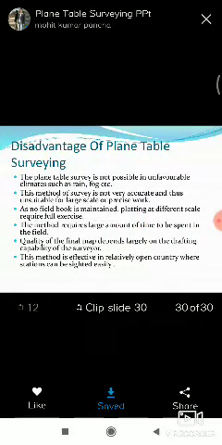So next, the disadvantages of plane table surveying. The plane table survey is not possible in unfavorable climates such as rain, fog, etc. As we know, there are no covers provided on the drawing boards. So in the rainy season, this plane table survey is not possible. Conducting plane table survey is not possible due to rain and fog or bad climate because there is a chance of wetting the sheet.